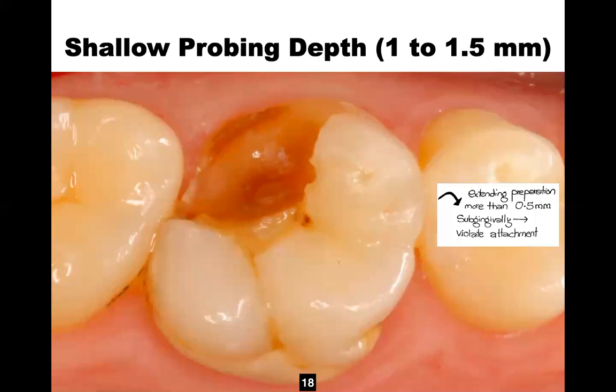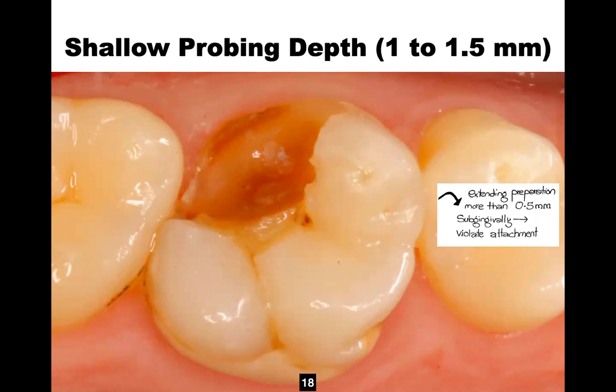Okay, so here, I'm sorry. In case the tooth has a shallow probing depth, what this clinician is doing is studying the particular tooth before even doing any restoration, or before thinking about a future restoration on this tooth. Now he or she is probing the depth and it is shallow. I just told you, if it is less than 2 mm. So here the probing depth is only 1 to 1.5 mm. So, what is the clinician learning from this experience? He or she has to extend the preparation no more than 0.5 mm.